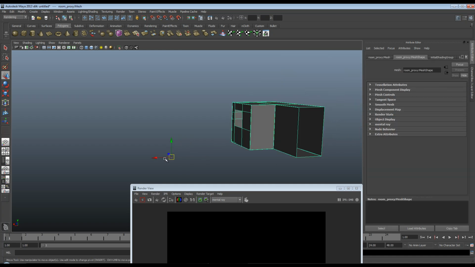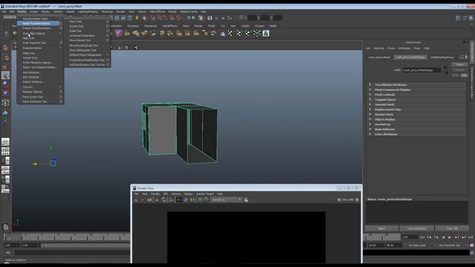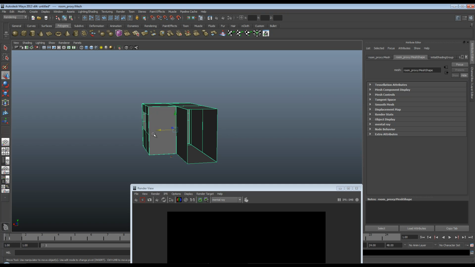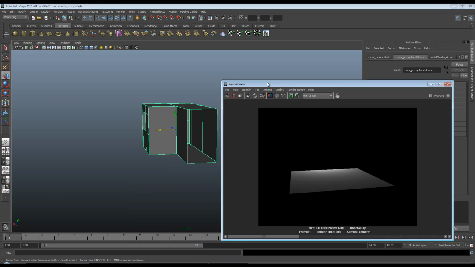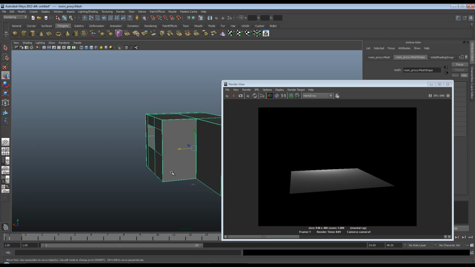This is because when you're working with physically accurate lighting, I'll just center this pivot point. When you're working with physically accurate lighting in Maya, scale becomes very important. If you think about it yourself, a 40-watt light bulb is going to behave very differently in a broom cupboard than it would if you stuck it in a football stadium. So in order to get a realistic lighting scenario in Maya, to get the best out of it at least, we work in scale. So in this case our hallway is about 13 meters long,